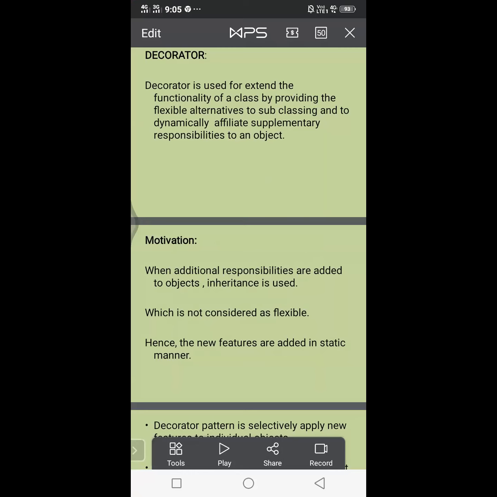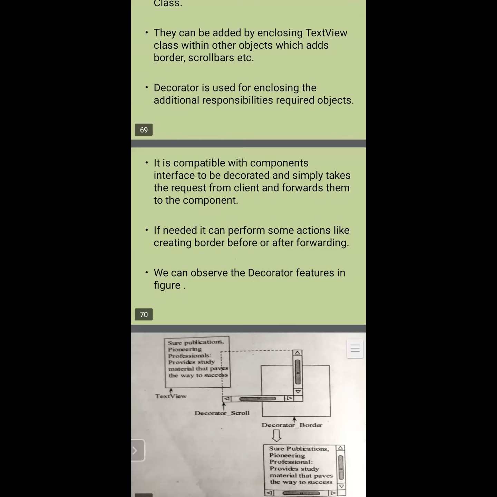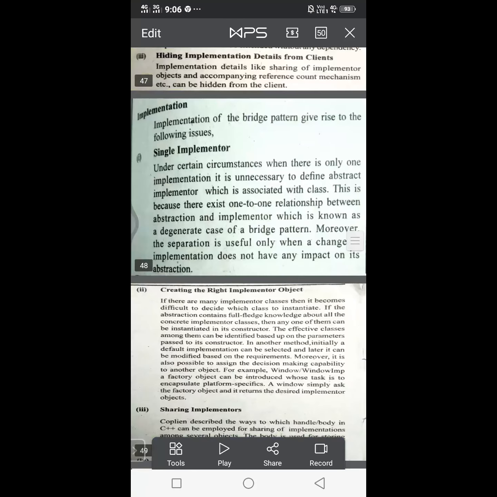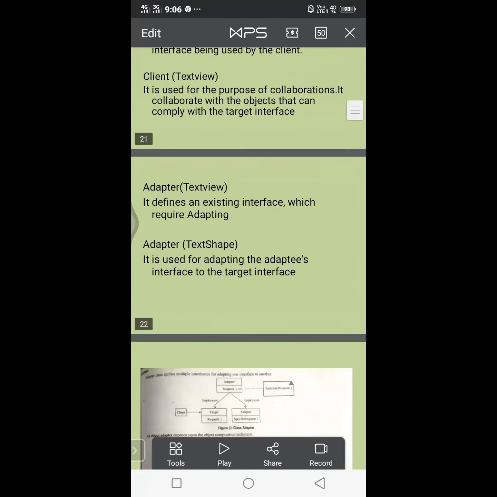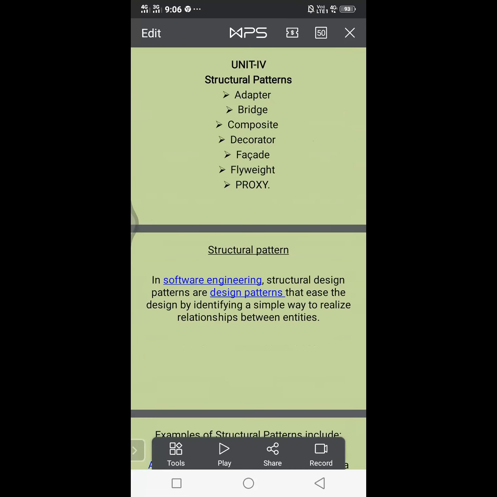Good morning, everybody. In the last class, we discussed the facade and the proxy. We also know the purpose of the facade. Up to now, we have been discussing the different types of structural patterns. In the previous units, we discussed creational patterns, what the purpose of the structural pattern is, and what the purpose of the behavioral pattern is. Actually, these three belong to the previous units. We already discussed them.